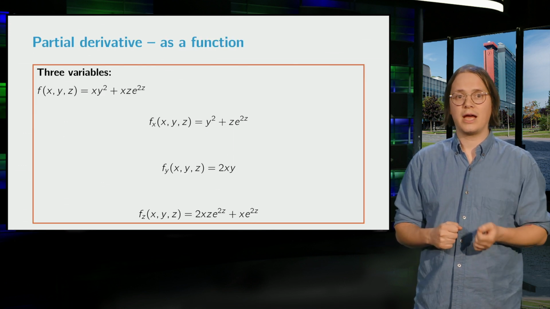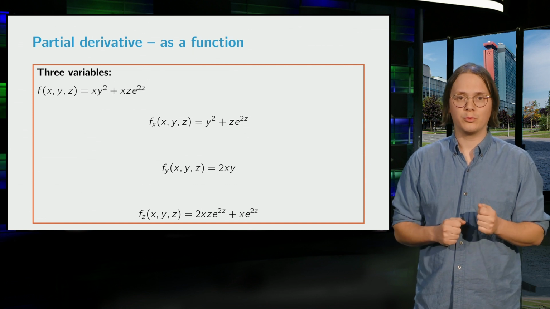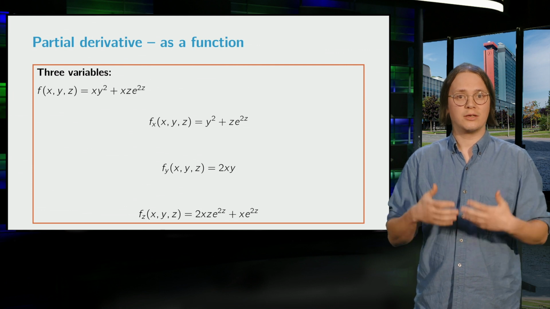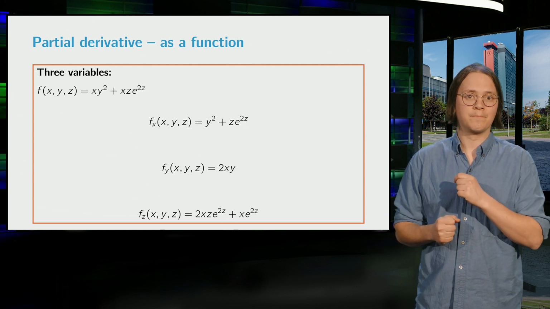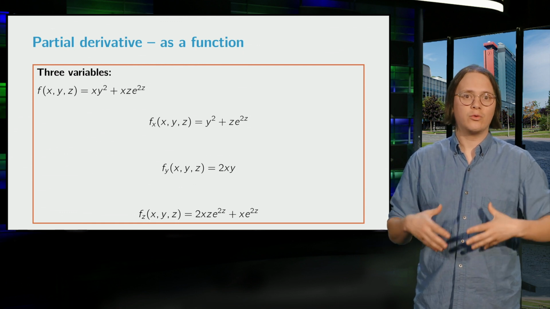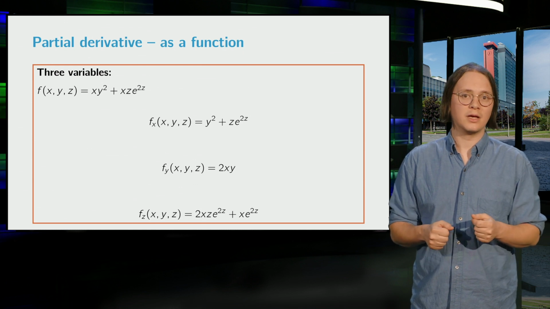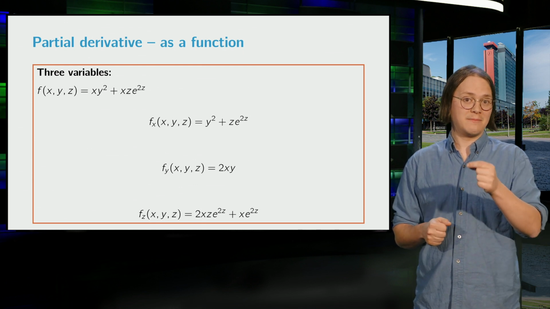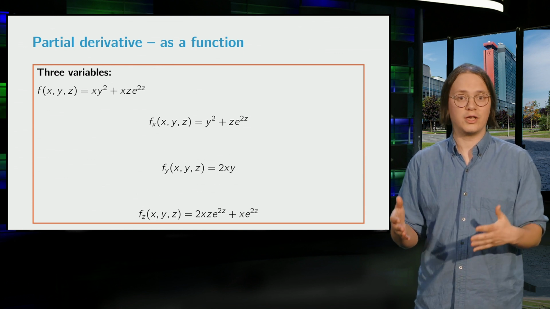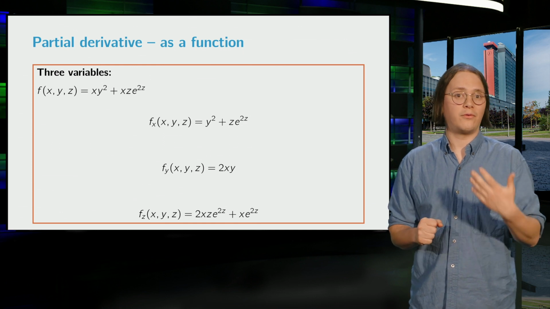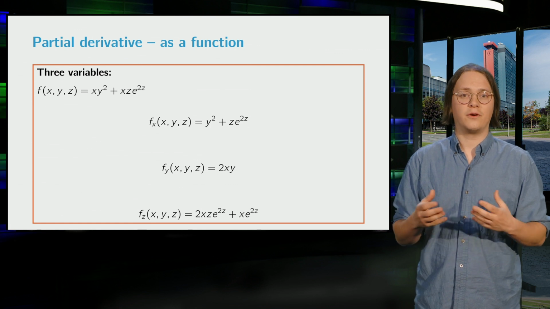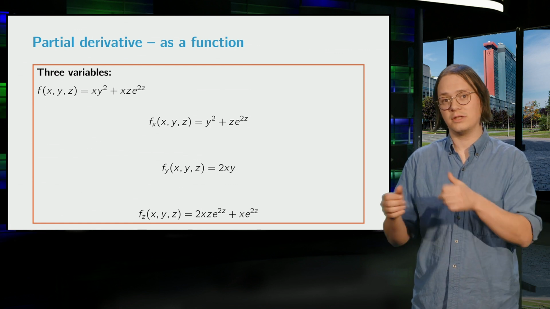Finally, let's consider what happens when we vary the point at which we take partial derivatives. If we have a look at the expression we obtained for the second example we considered, before we plugged in the point 1, 2, 3, we see that we could have plugged in any values x0, y0, z0 in these partial derivatives. And so in particular, the partial derivatives themselves are again functions of several variables. This is of course similar to the situation for a single variable, where the derivative of a function is again a function. Just so, we find that the partial derivatives of a function of several variables are again functions of several variables.